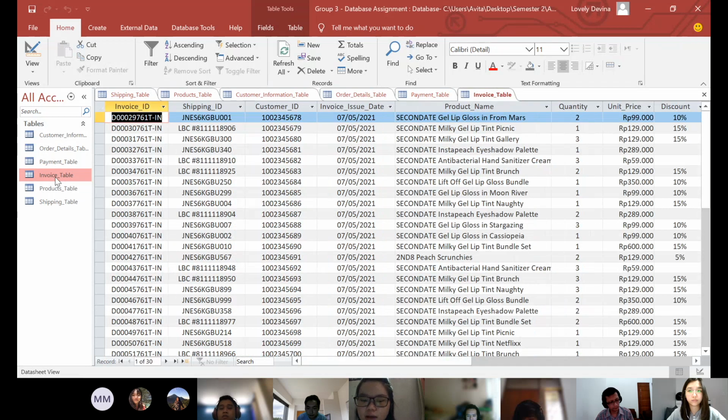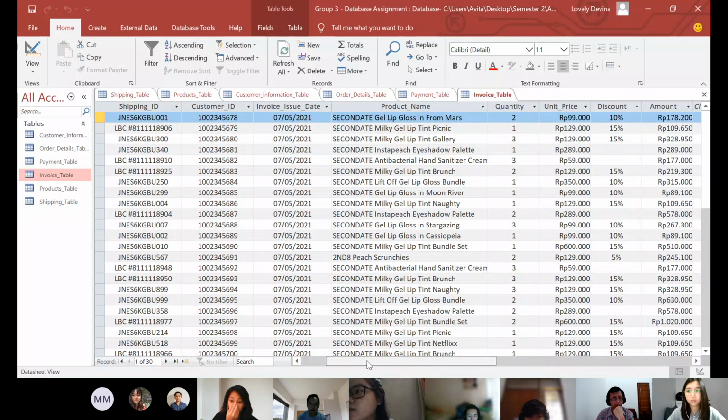And the fourth is the invoice table, consisting of invoice ID, shipping ID, customer ID, invoice issue date, product name, quantity, unit price, discount, and the total price.